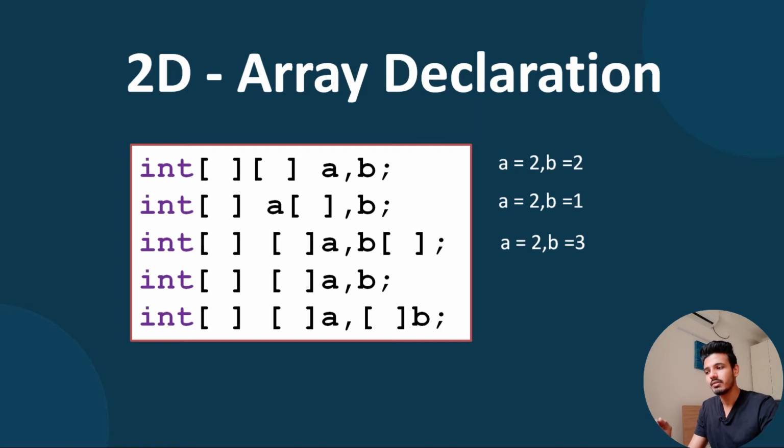In the next example, a is going to have a two-dimensional array and b will also have a two-dimensional array, as the space will be ignored by the compiler. But in the third case, it will throw a compile time error. Why does this happen? When the compiler reads this line of code, it will identify the spaces and ignore them. But when it encounters a comma, the compiler is unable to understand for which data type the variable b is declared, and in that case you will get an error.